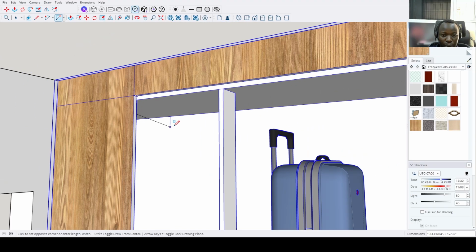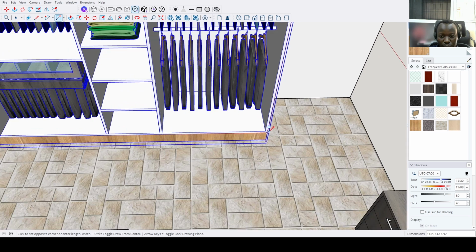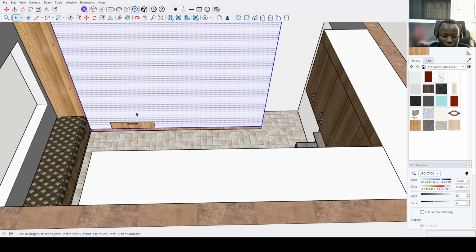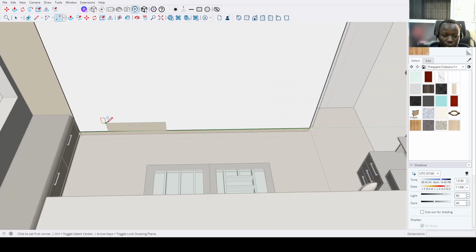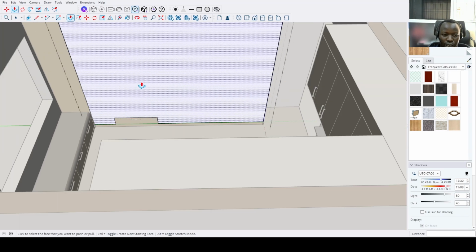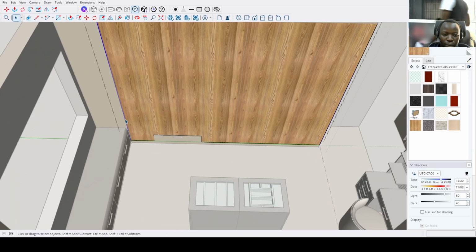Yeah, so I'm going to put this 0.75, make it some group, highlight this, highlight it again, push it in by 0.75, give it that color, then take this all the way to the side, then divide by